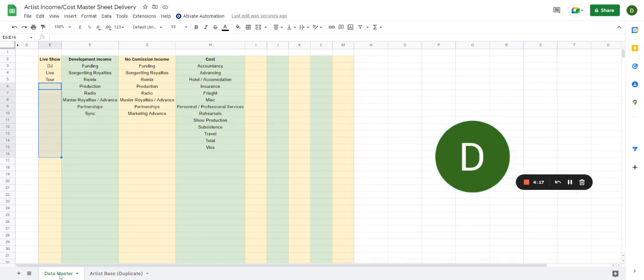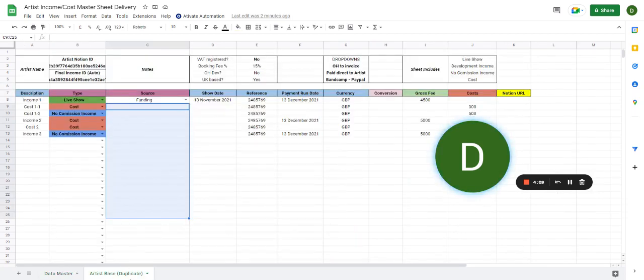So the data master sheet is excluded from the drop-down, so if you make any changes on this one, this is the only sheet where you will not get the drop-downs. But on any of the other sheets, even if you make a duplicate of it, if you use column B, from row 8 on column B, if you make any of the changes